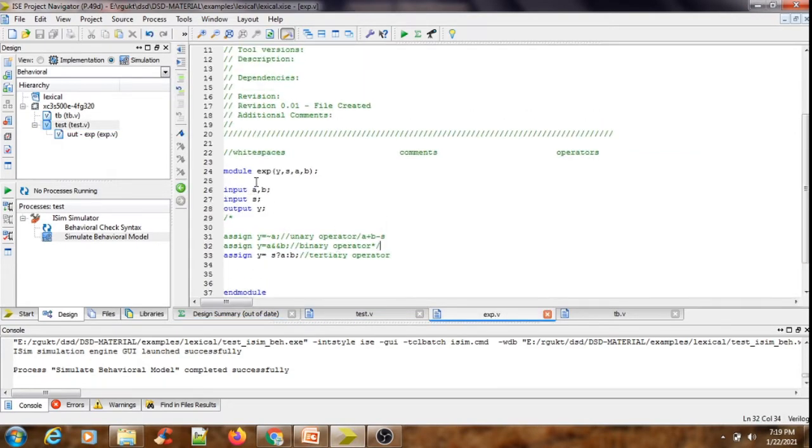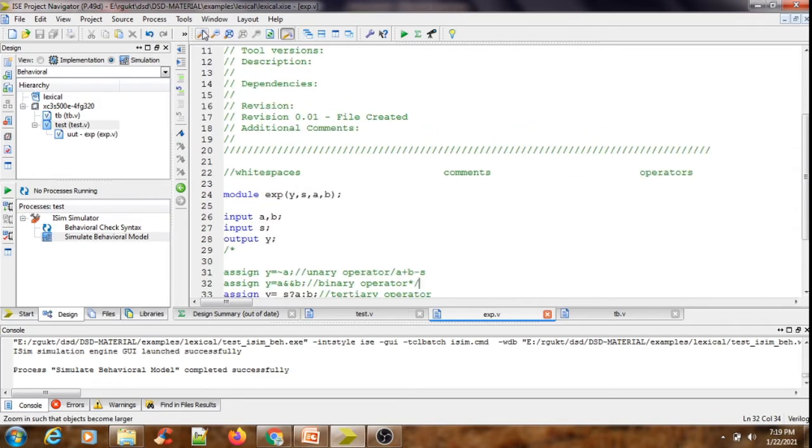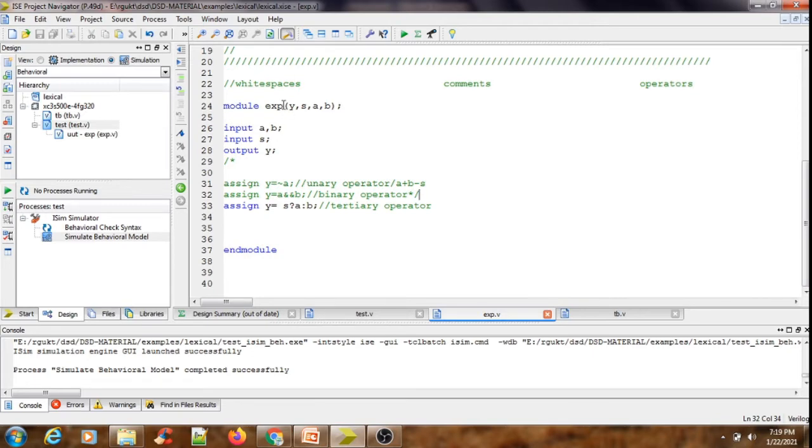Here you can see that I have written a program, and the module name for this program is exp. The inputs and outputs are y, s, a, comma b. It is a simple 2 by 1 multiplexer design for which I have written the code.